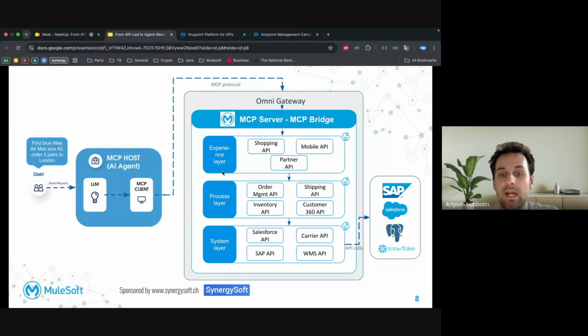And that's it. Then the flow is pretty much the same. We go through the experience, process, and system layers, and in the end we get the same outcome. So the 6 weeks are reduced to even days, because no code base findings are required. And why does this scenario especially work with the bridge?